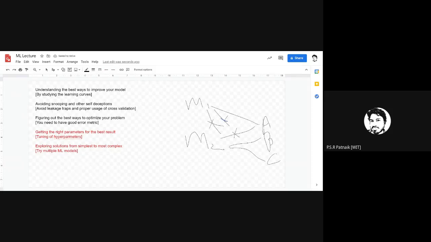In the process of trying multiple ML models, after trying 10 of them, you found that M1 works best for classifying A and M2 works best for classifying B and C.